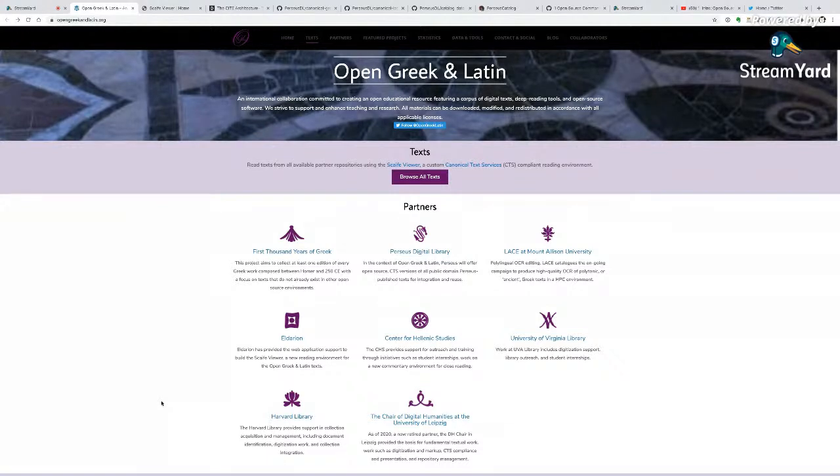If you're interested, you can access these resources. You have the link in the session, in the outline in GitHub, and you can explore, you can get a description of these different institutions and sub-projects. The important thing is that Open Greek and Latin produces data about text in Greek and Latin.